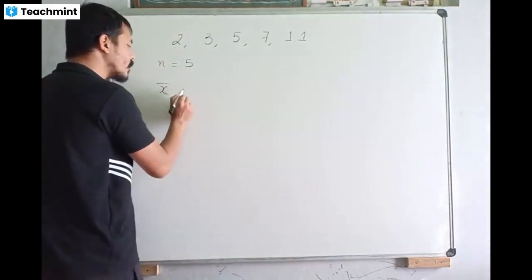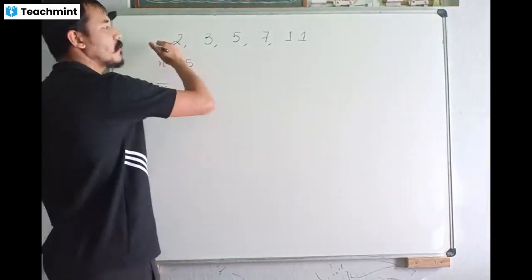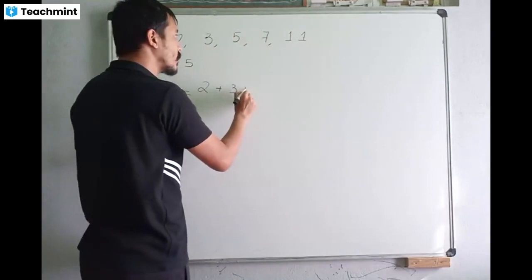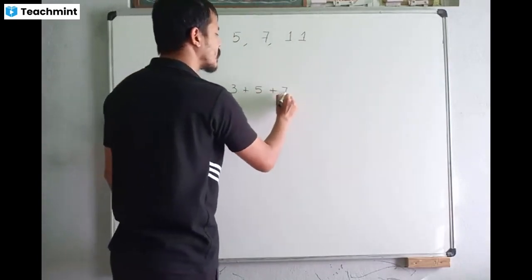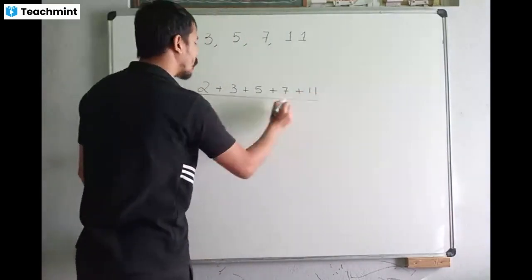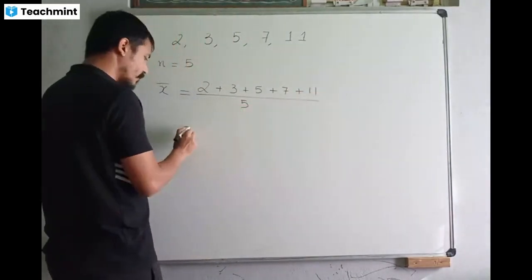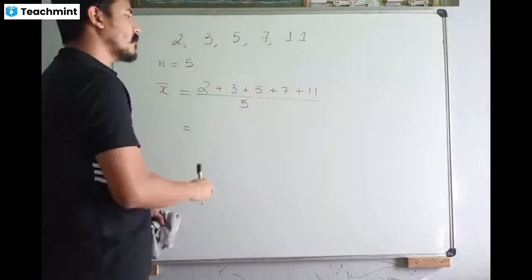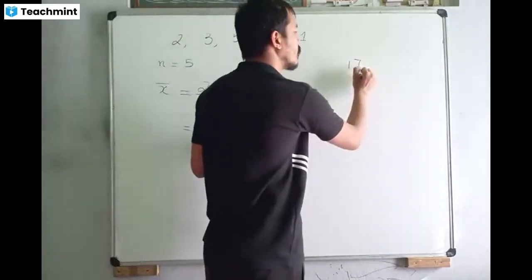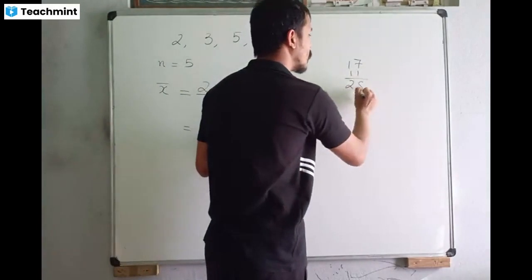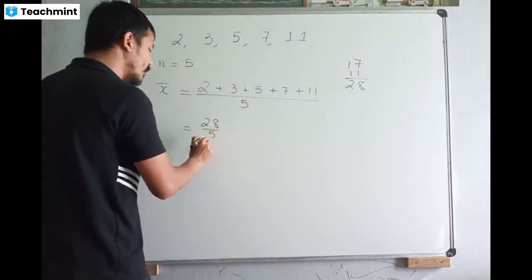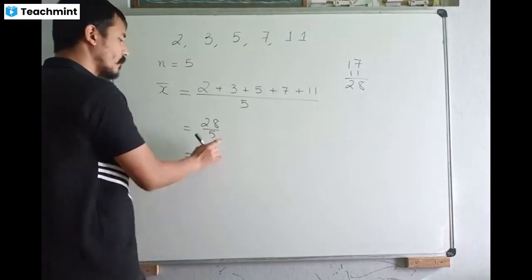So the arithmetic mean will be given by the sum of all the items, that is 2 plus 3 plus 5 plus 7 plus 11, divided by the number of items, that is 5. 2 plus 3 is 5, 5 plus 5 is 10, 10 plus 7 is 17, 17 plus 11 is 28. So 28 divided by 5, if we perform this division,